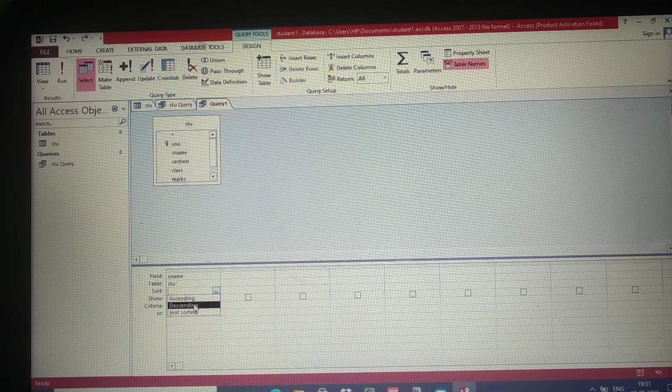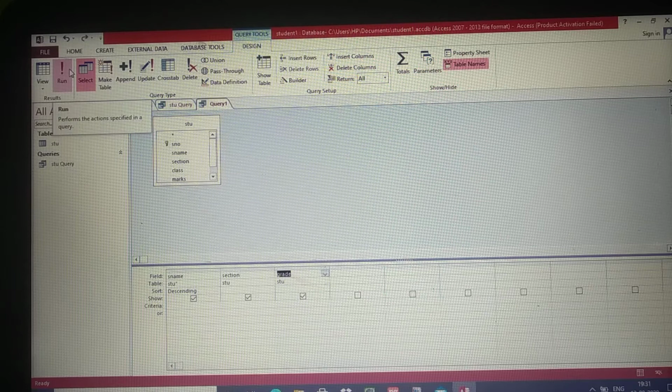S name, so we gave in ascending order. So I am selecting descending order to display. So S name and here section. In this class I will select. Okay, section, class and S name. Or here we can select another grades. 3 columns, 3 field names I have selected.